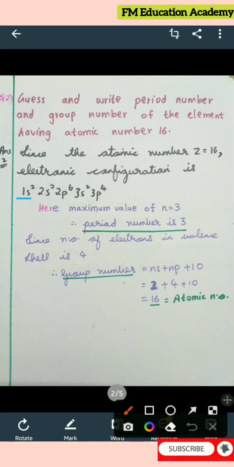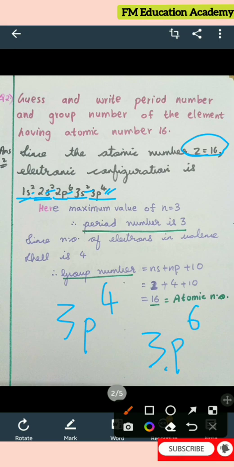So atomic number 20 means, again, I just now showed you how to write. First 1s2, 2s2, 2p6, 3s2, 3p4. Why am I writing 3p4? Because I have to add all the electrons. See here, 2 plus 2 is 4, 4 plus 6 is 10, 10 plus 2 is 12, and 12 plus 4 is 16. Since the atomic number is 16, here I have written 3p4, not 3p6. Maximum for p is 6 electrons, but here we have written 4 because we had to write 16. Okay, this is how you write the electronic configuration.